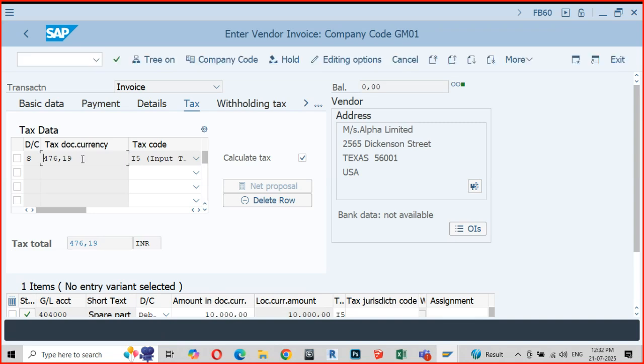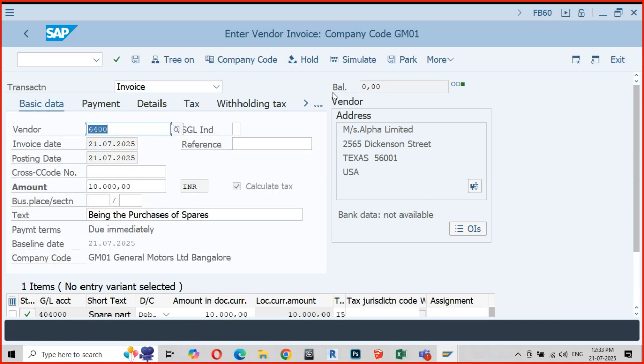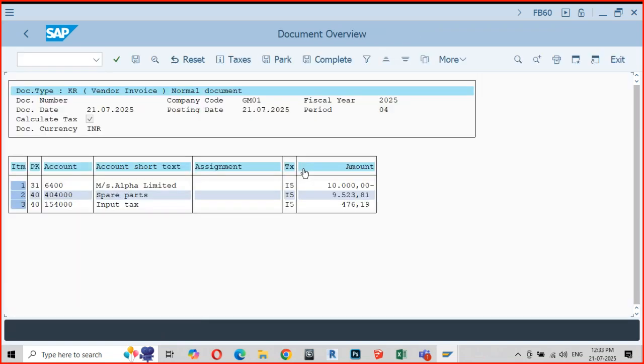Can you see the tax being calculated? 476.19. Don't bother, don't worry. I'll show you the simulation. Can you see the input tax account? Did I give 476 rupees 0.19 paise? No, I never gave that.